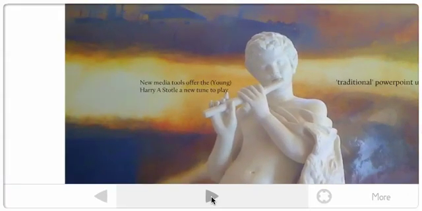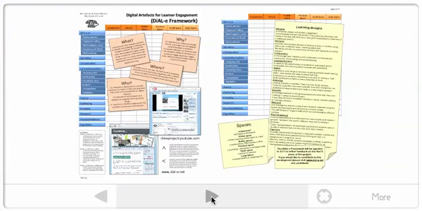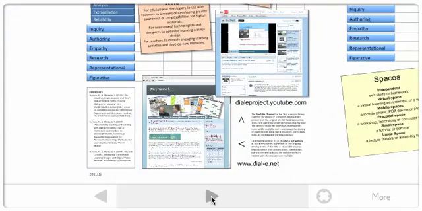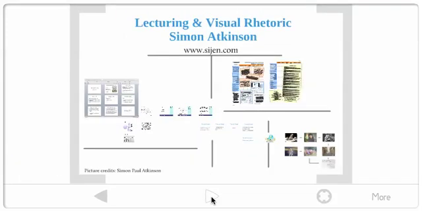are now lots of new ways in which a very young lecturer, such as Harry Aristotle, coming into our universities today would be able to engage. And that there is support and resource out there, including a project that I've been involved with called the Dial-E. So it was really an exploration